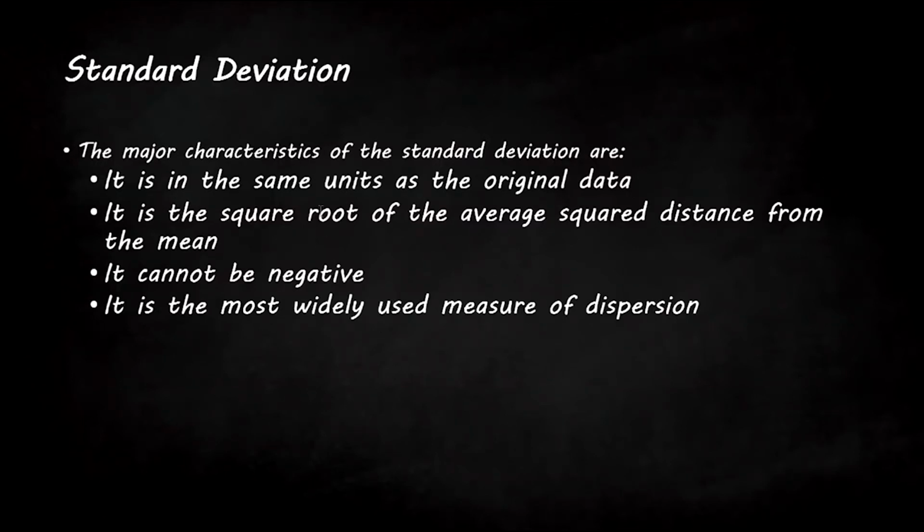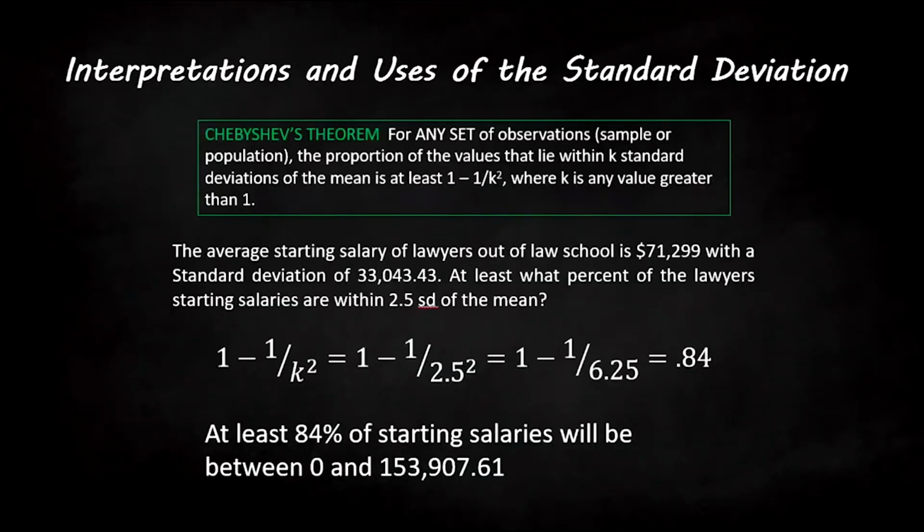And it is the most widely used spread of dispersion. So let's take a look at an application of this. Why do we care about the standard deviation? Why do we care about the average distance that each observation is from the mean? The reason why we care about that is, say for instance, you wanted to know, okay,